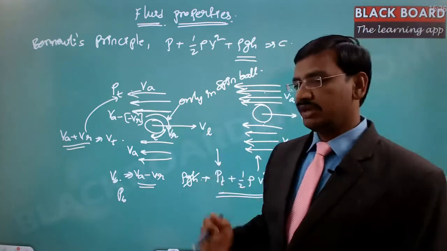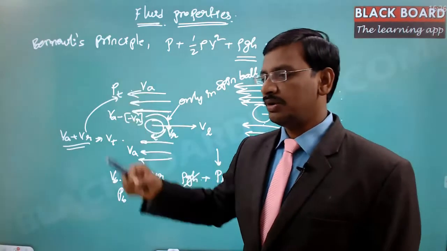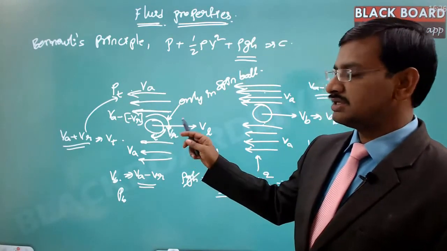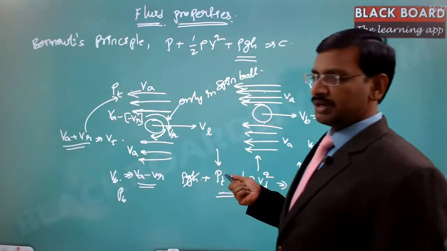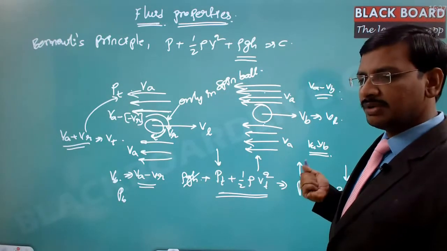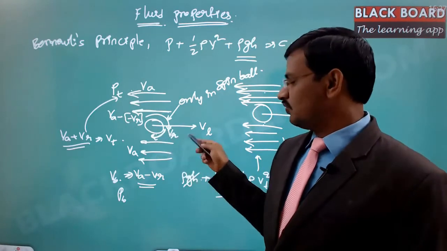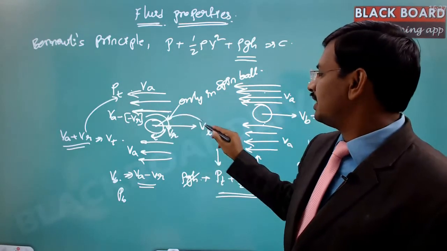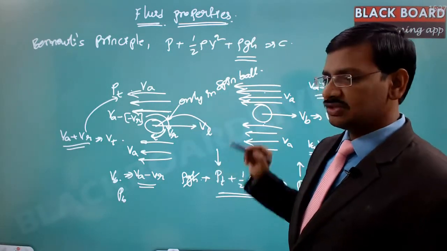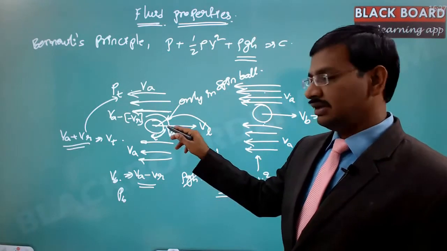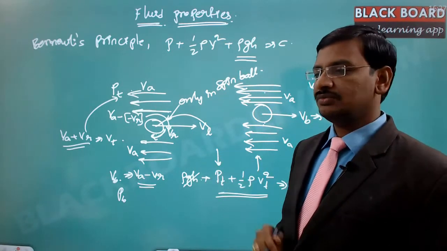So in this spinning ball, what happens? Automatically this ball will be lifted in the upward direction because the pressure at the top is less and the pressure at the bottom is more. Hence, in the case of a spinning ball, if it is moving like this, it will automatically take this particular path. So it gets lifted automatically, and this lift is unpredictable. You can see how much it is getting lifted, but it is very tough to identify.